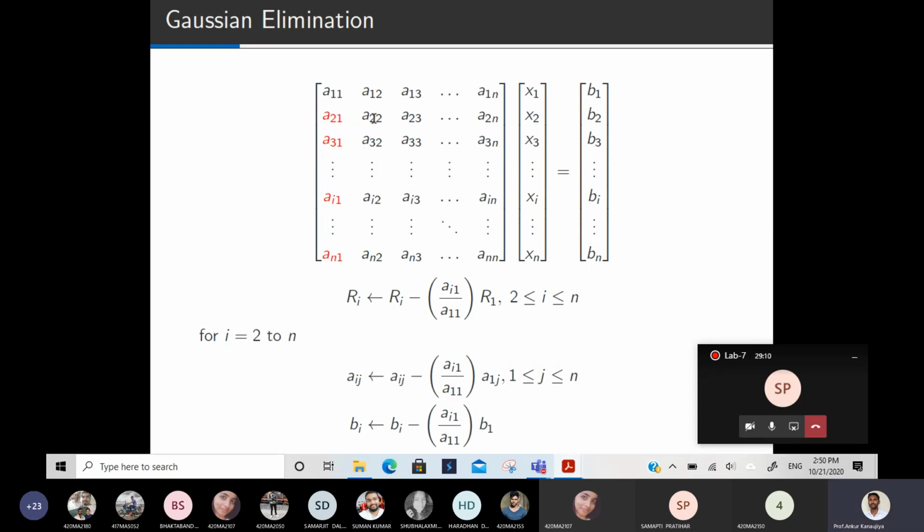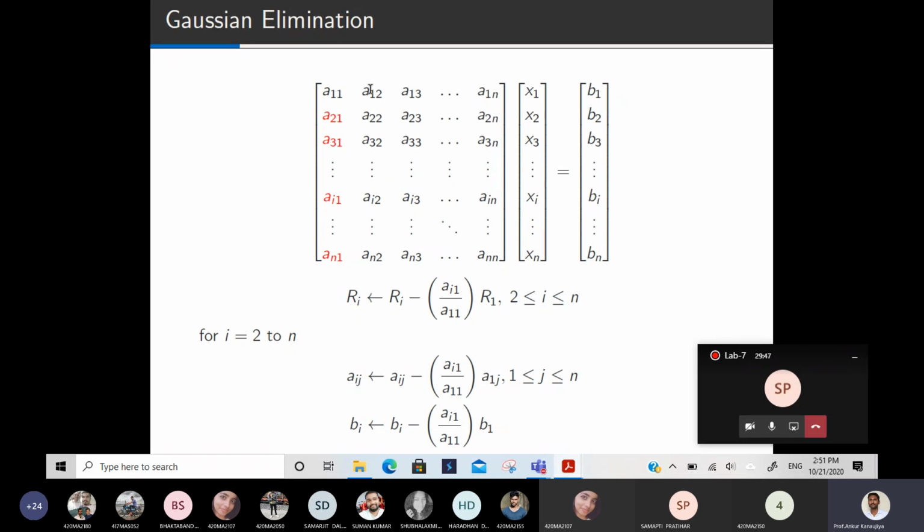Yes, sir. So now we'll see what effect on this matrix will come after applying this many row operations. From 2 to n, that means from row number 2 to row number n, all rows will change. That means this entry will change, this will change, even this all will change. This anyway will become 0, but what change will come here? So in Aij, minus, this operation you will apply with the help of this. Here you will apply A21 entry, then you will subtract this.